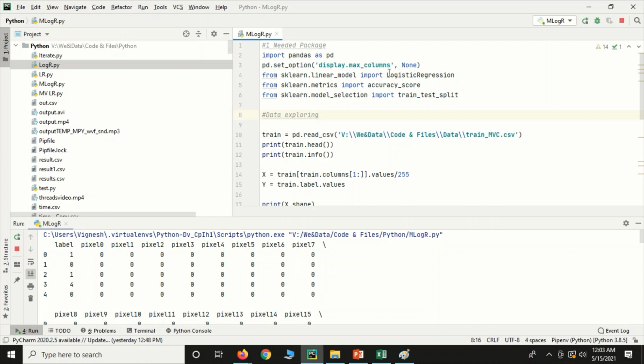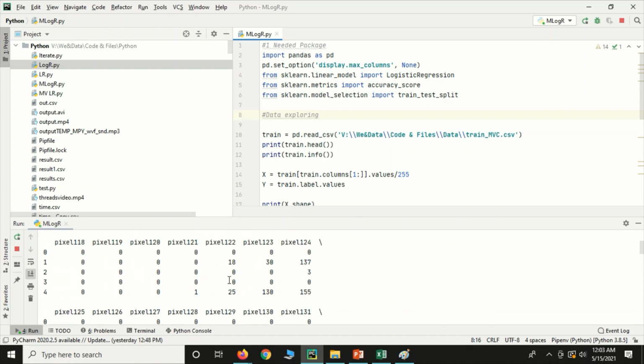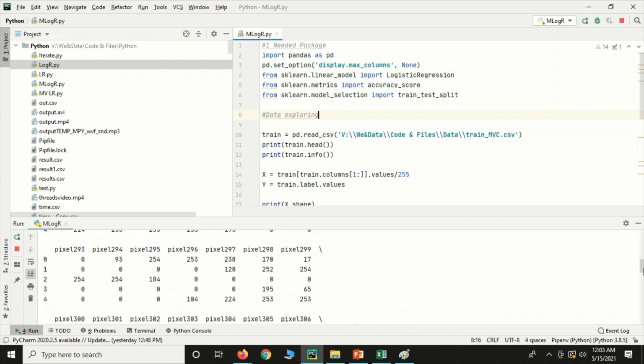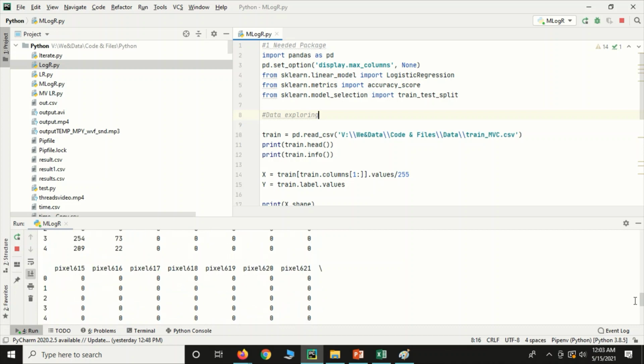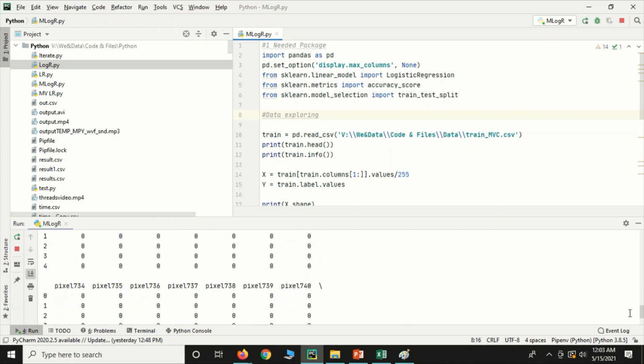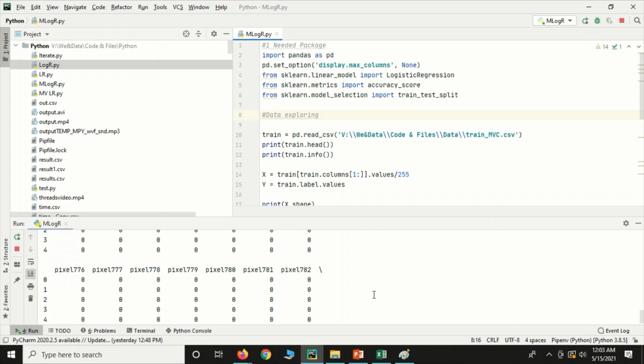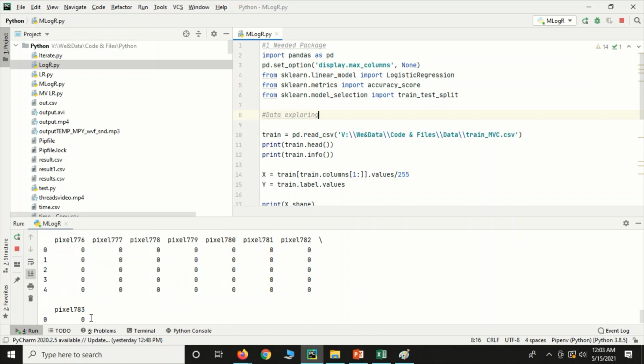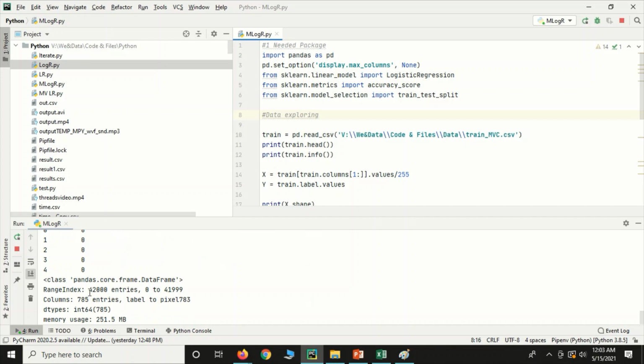Since we have set the option display max columns to None, all the columns are printed, from pixel 0, pixel 1, till pixel 783 and label. Pixel 783 is the last column of the data set. There are 42,000 entries, indexed from 0 to 41,999.